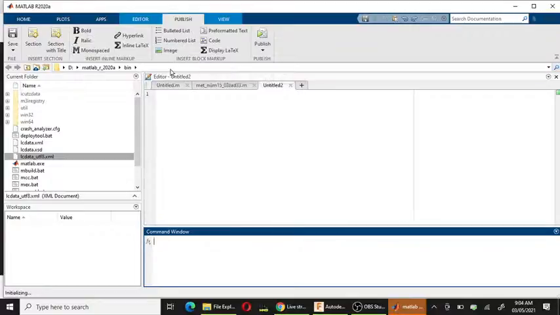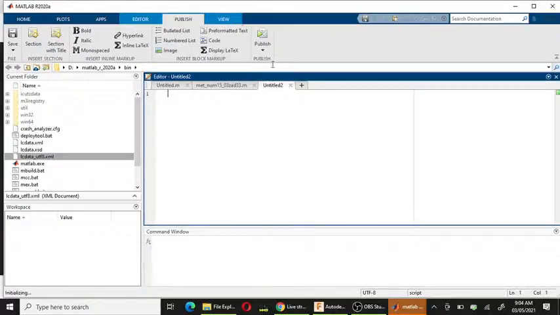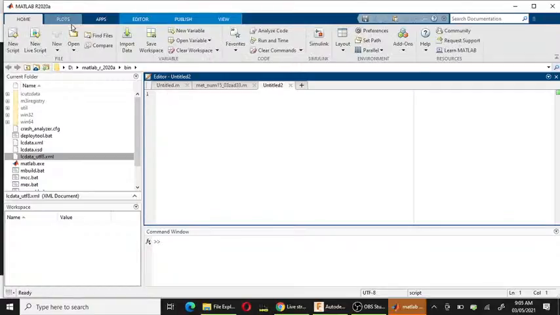This is for further purposes. We are not going to discuss it today, but view means the view or interface of MATLAB. Then there is the plot tab. What is the plot tab? The plot tab is for plotting.